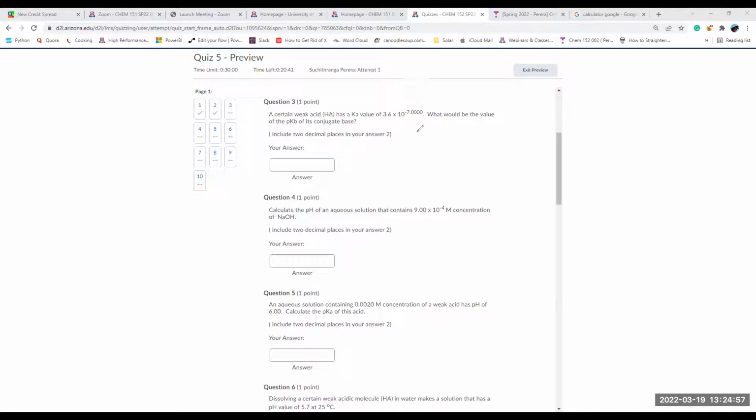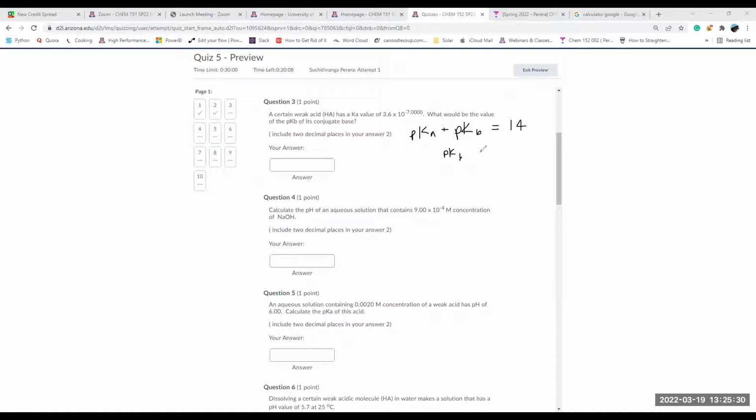The idea is for conjugate pairs, pKa plus pKb is equal to 14, okay? And therefore, the pKb